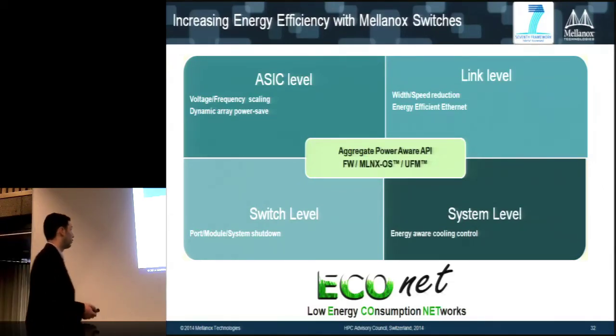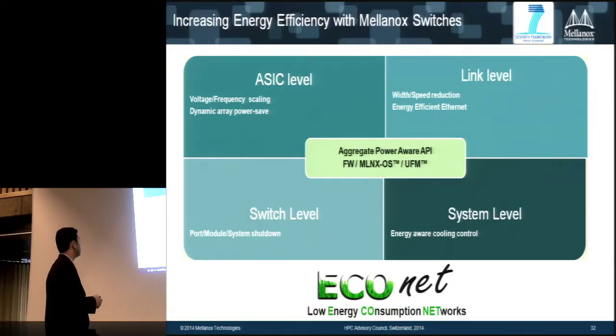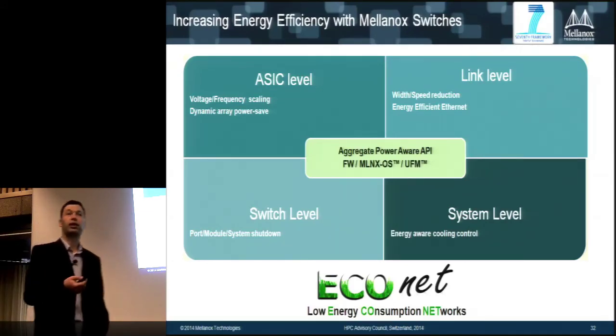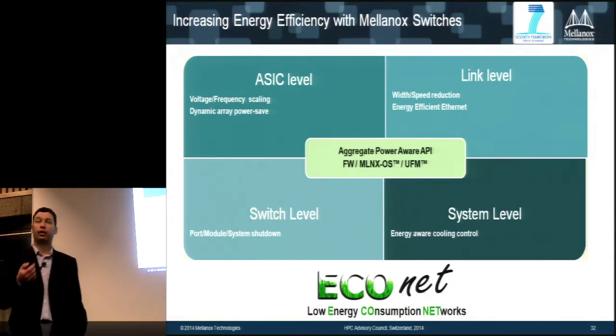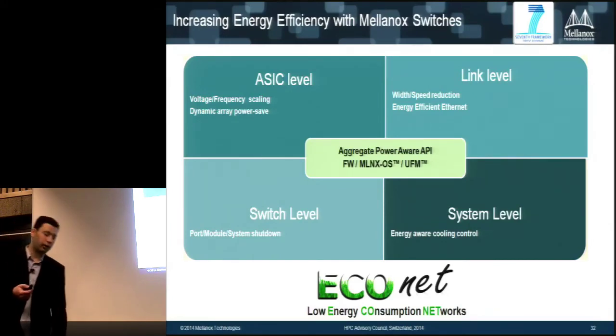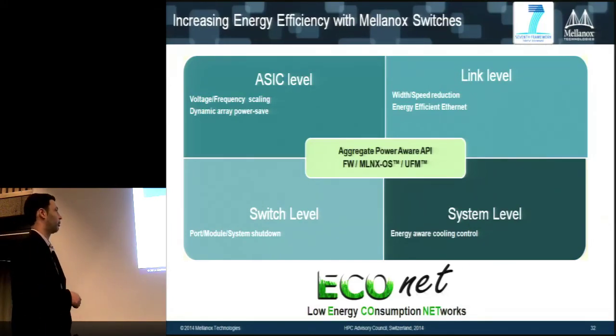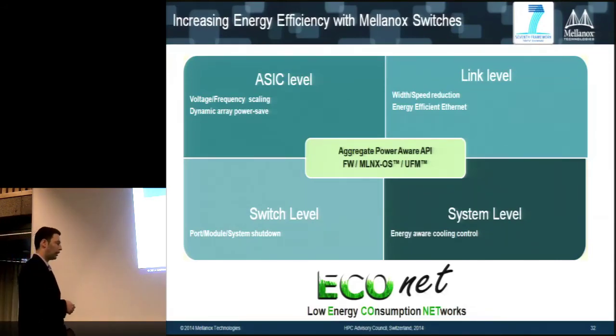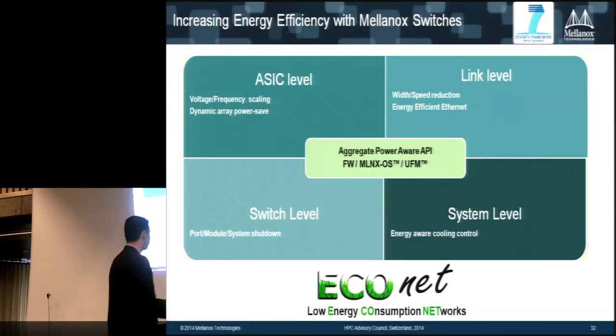You can look at technologies like energy efficient Ethernet. You can do voltage and frequency scaling on the ASIC level. You can shut down arrays. You could turn off ports completely by management. So if you understand the topology and understand the scheduling and understand the jobs, then you can power off parts of the system. And actually powering off brings you the best power saving possible. And one interesting thing is that even if you pay attention to the fan control, you can also save some power there.